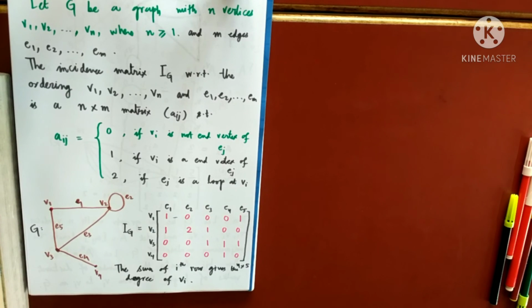So this is all about the matrix representation of a graph. I will not do any other things from the matrix representation. I'll give you some exercises to do, like given an adjacency matrix, draw the graph, given an incidence matrix, draw a graph, and there are many other exercises to be done. So that's all for today, and that completes the chapter on matrix representation of a graph. Thank you.